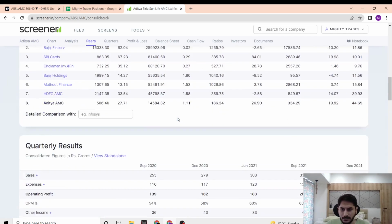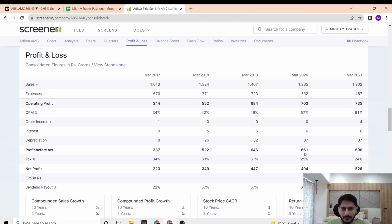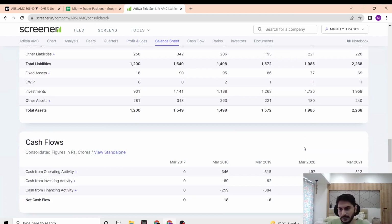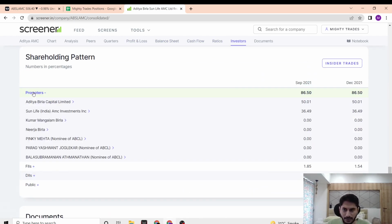Let's look at the quarterly results here. Quarterly results, highest ever. Net profit, highest ever. Yearly numbers don't look that great. Net profit does look pretty good though. The revenue hasn't gone up, but the margins have definitely improved. That's a good sign. If you look at the shareholding pattern, then promoters are holding